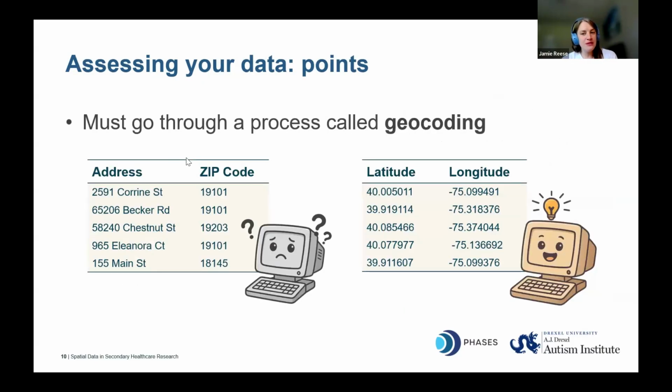Once you find some promising spatial data sets, there are still steps that have to be taken before you can link your data through a spatial join. So these next couple of slides are a heads up that you'll need to plan ahead and build in more time than you might think.